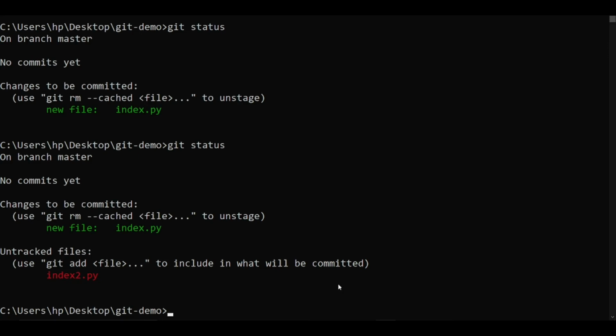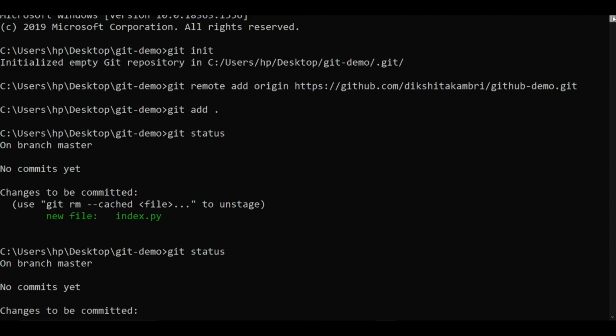So let's add this file to our staging area. Initially, to add the file, I used the command git add dot. The git add dot command is used when you want to add all the files from your folder to the staging area.